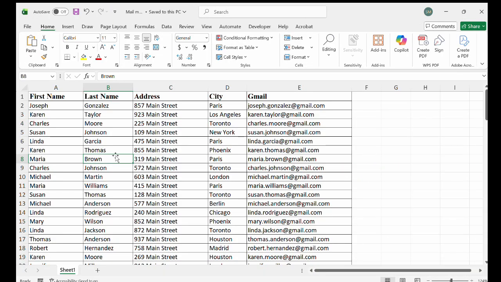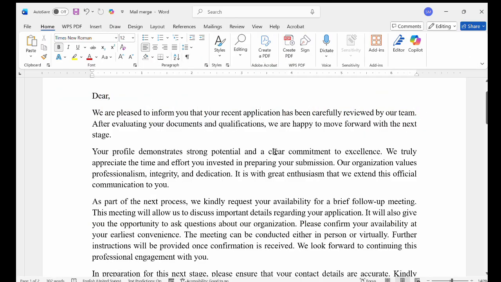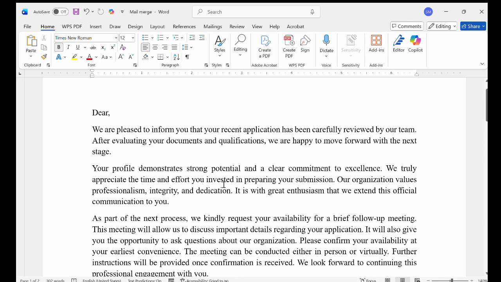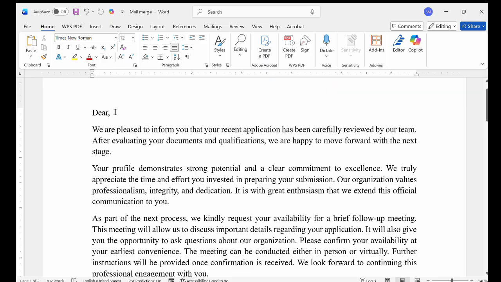As you can see, the first step is to create an Excel file, name it, and save it. It depends what you want, but you must save it. This is step 1. Step 2, you write your letter in Microsoft Word. This is a sample letter that I have prepared to guide you on how to do it. But never type a name here manually. You are going to use mail merge to deal with that. And step 3,